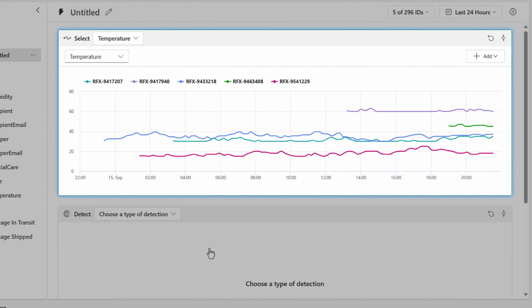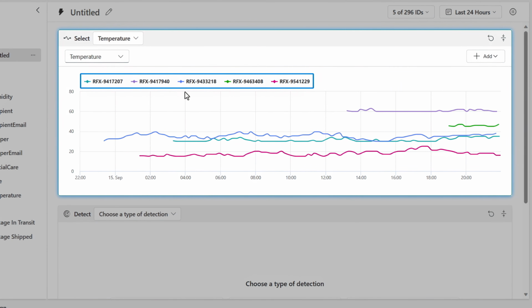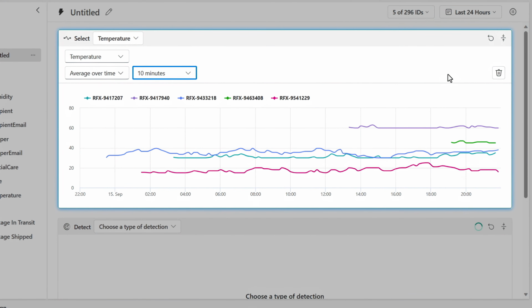I can see the raw temperature readings from the packages in the system, and we've taken a sample of 5 of these. You can see there are hundreds, though, being tracked, and we could scale up to hundreds of thousands in really large-scale realistic systems if needed. This data is coming through in real time, and I can see it updating in the chart. I could start by smoothing this data out and taking an average, maybe using 10-minute intervals, just to reduce any anomalies or spikes in the data.